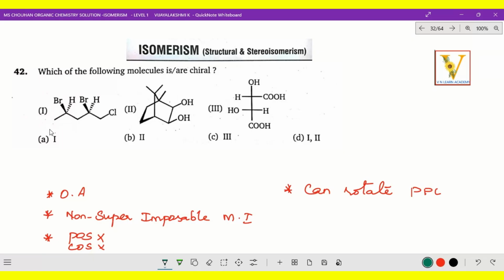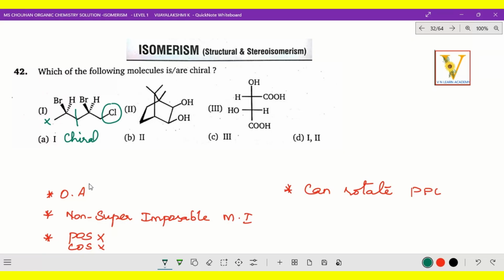Now let us check whether all these points are available in this compound. First one, optically active. Let us check such things. First and foremost, you have to find whether it is symmetrical or not. Here 5 carbons are there, so it is unsymmetrical only. Of course, you can find a wedge position here and also a wedge position here connected with Br, whereas the dash position has hydrogen on both sides. Yes, correct. Now when you cut over here, yes, but here one more Cl is attached to this carbon, whereas here there is none. So that means this is a 100% chiral molecule.